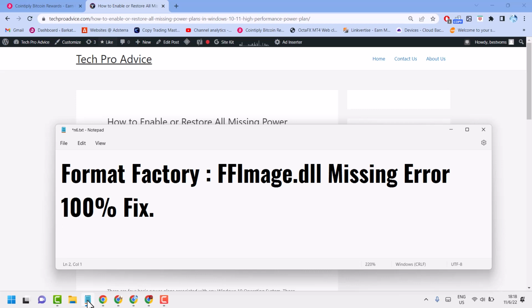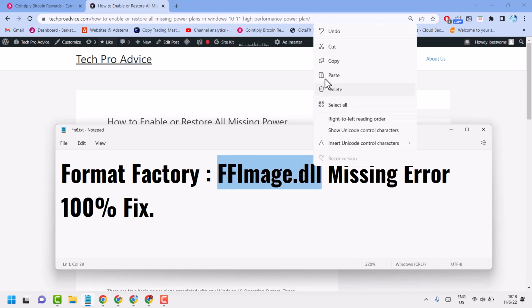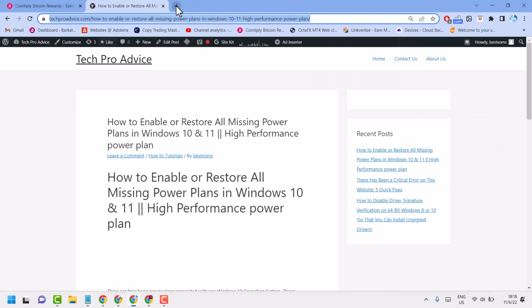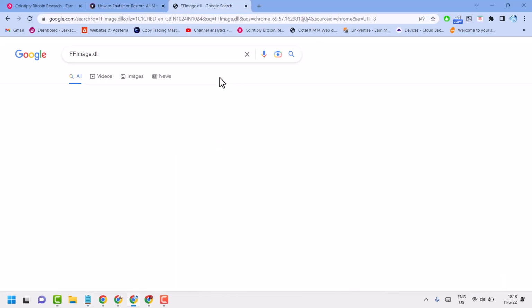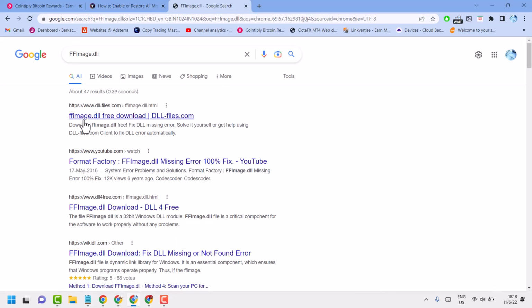Hello friends, today in this video I will show you how to fix Format Factory FFImage.dll missing error. So guys, to fix and resolve this problem, open any web browser and type here. Now open this official link